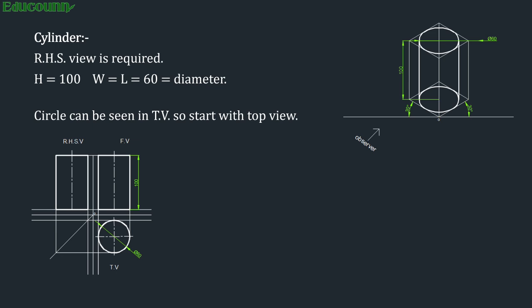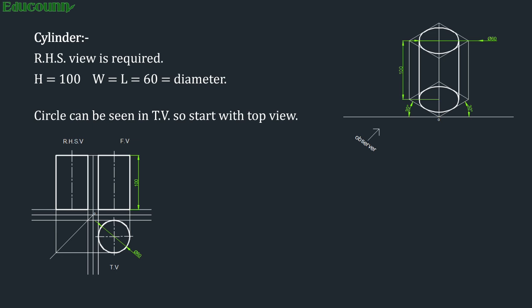Again, we have to follow the same guidelines: 3 horizontal reference lines, 3 vertical reference lines, letter O, 45-degree line. But you also have to give the positions of the views in their respective places. That is, the front view should be on the right side, the right hand side view on the left side, and the top view exactly below the front view. And then the 45-degree line will always be below the side view. Now, after doing this, draw all the 3 rectangles representing each view with their respective dimensions. That is, again, length and height in front view, width and height in side view, and length and width in